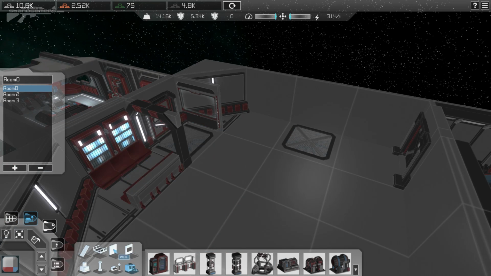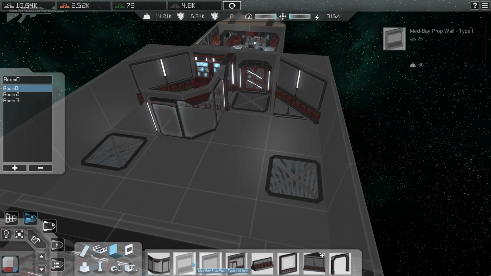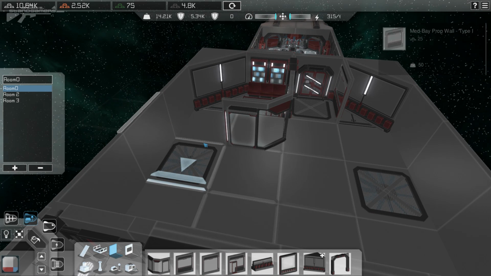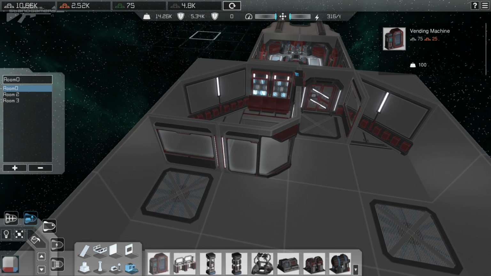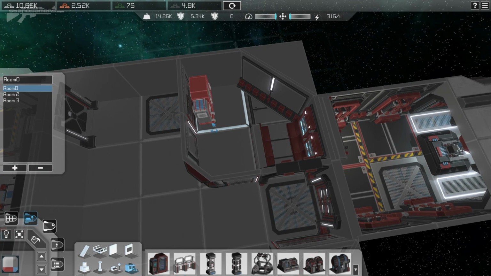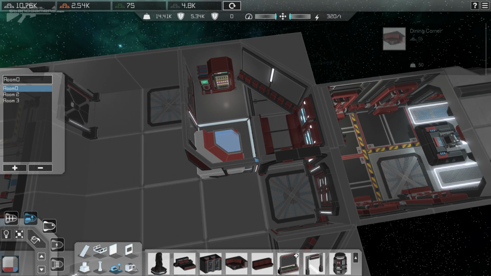Now, props don't serve a great purpose, but what you can do is in this area, for instance, let's build ourselves a little kitchen so we can actually store our food. We can go to our systems. We can stick a vending machine in our kitchen, for instance. We could also stick maybe a table in that corner as well. So that's a large table. We don't want that. It's too big. Maybe a corner table so you can sit there